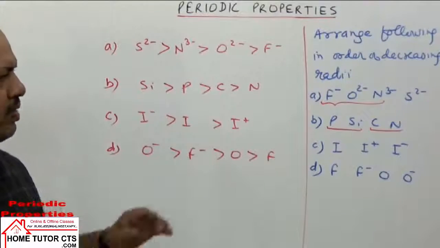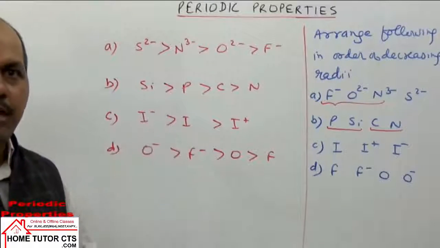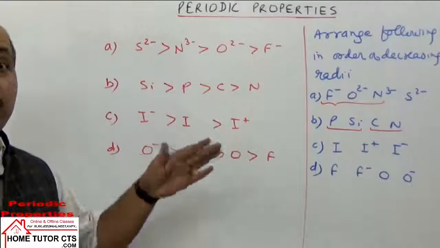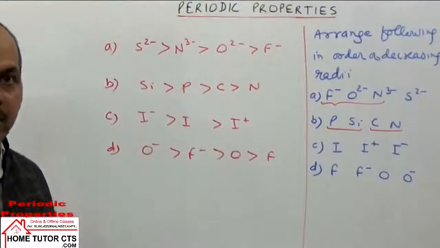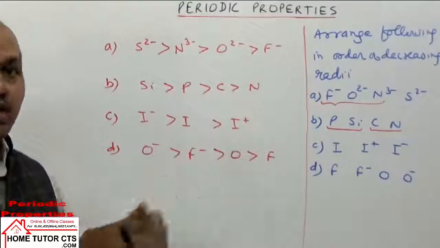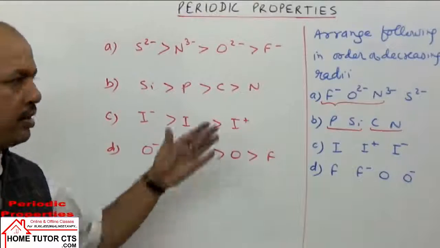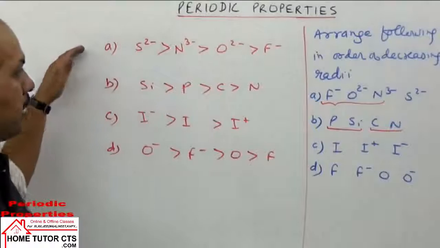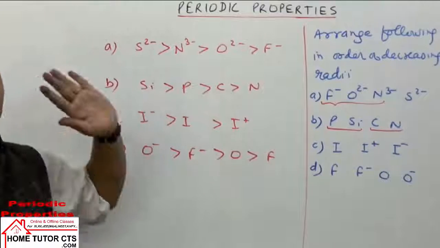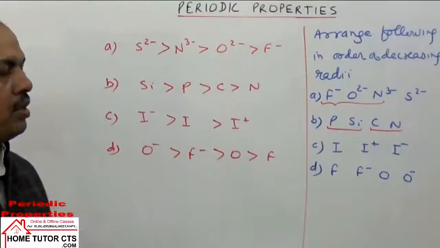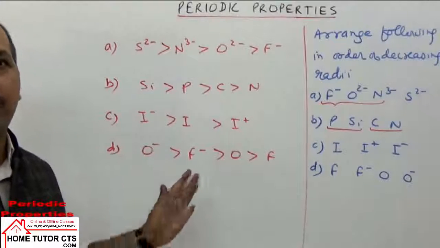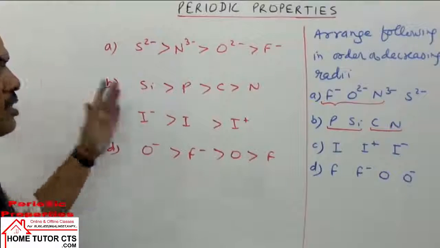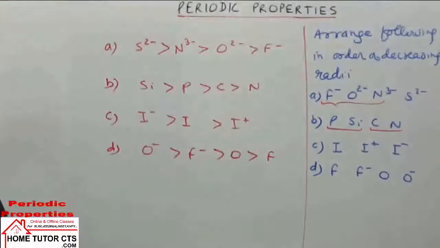So when this kind of question is given, just be careful. Do the elements have the same configuration? Are they isoelectronic? Do they belong to the same group or the same period? Or do they belong to different groups and different periods? Then apply that logic, and you can get the answer. So that is the first property we took, atomic size and ionic size variation. You get questions on this frequently in different entrance examinations. Fine. Let us take the next property, ionization enthalpy.